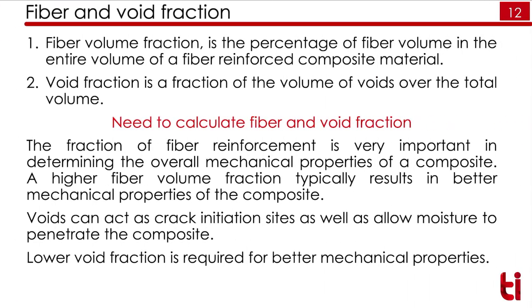There are two types of volume fraction in the composite. One is called the fiber volume fraction, another is called the void volume fraction. A void is a free space between two materials. So what kind of materials do we have here? One we have fibers and another we have a matrix. The gap between these two is called a void, and that void fraction is also an important parameter here, because